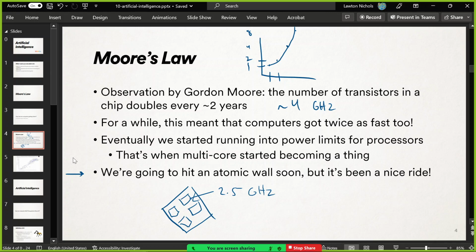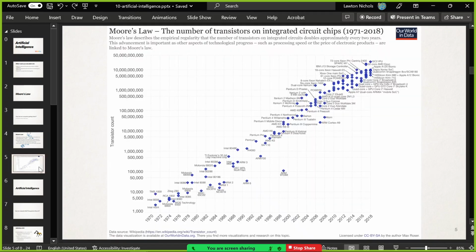Like they can only hold on to so many individual electrons at once, and then they can bounce around. So I'm not a physicist, but that's essentially the problem that's happening right now. Transistors are becoming so small that they're running into quantum issues, and so they can't really be much smaller. And so we're about to hit a wall soon, and Moore's Law is no longer going to work, but for so long,